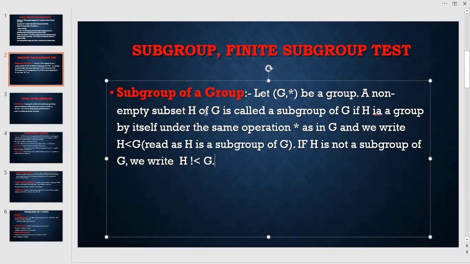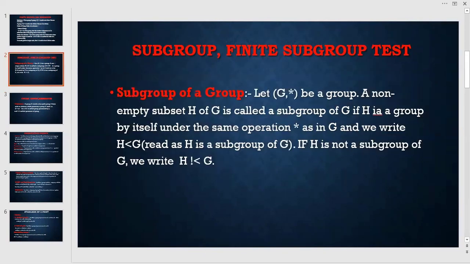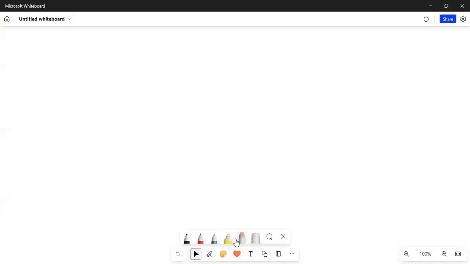अ नॉन एम्प्टी सबसेट H ऑफ G इज कॉल्ड subgroup of G if H is a group by itself under the same operation star as in G, and we write H is subgroup of G, and if it is not subgroup of G, then we write H is not less than G. तो ये हुआ उसका डेफिनेशन। तो उसके ऊपर थ्योरम्स है, थ्योरम्स पहले देखते हैं हम।